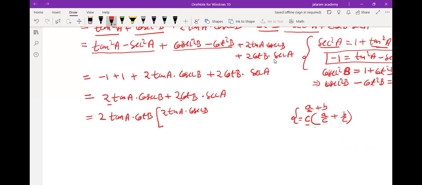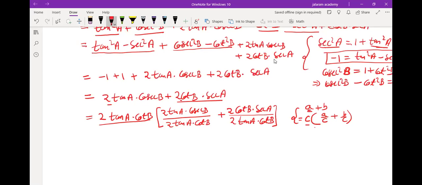And in place of C, it is 2 tan A cot B. So if we have taken 2 tan A cot B common, it means we have to divide the whole term by 2 tan A cot B. Again, plus the second term is 2 cot B sec A. So we have to divide it also by 2 tan A cot B. It means if we have taken 2 tan A cot B common, we have to divide both terms by 2 tan A cot B. So in the next line, it is 2 tan A cot B, which we have to bring